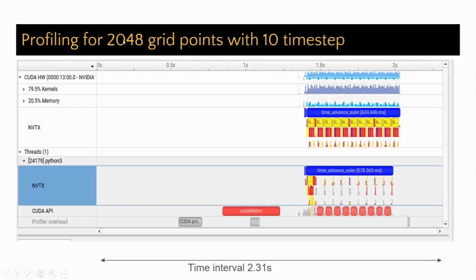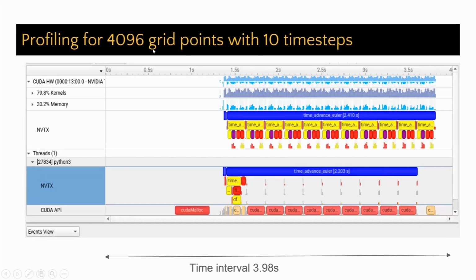And this is for 2048 by 2048 grid points with 10 time steps. You can clearly see that time advance Euler, colored blue, takes most of the time, 604.64 milliseconds. And the last is 4096 by 4096 grid points with the same 10 time steps and the same initial conditions.